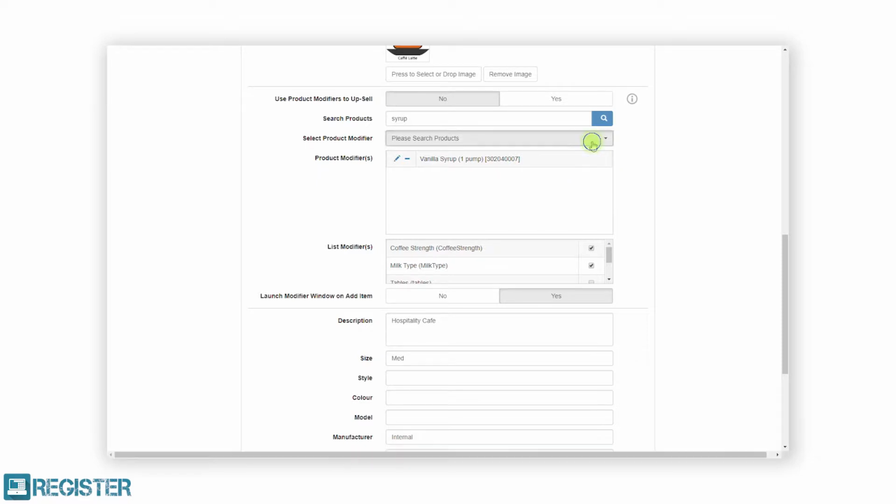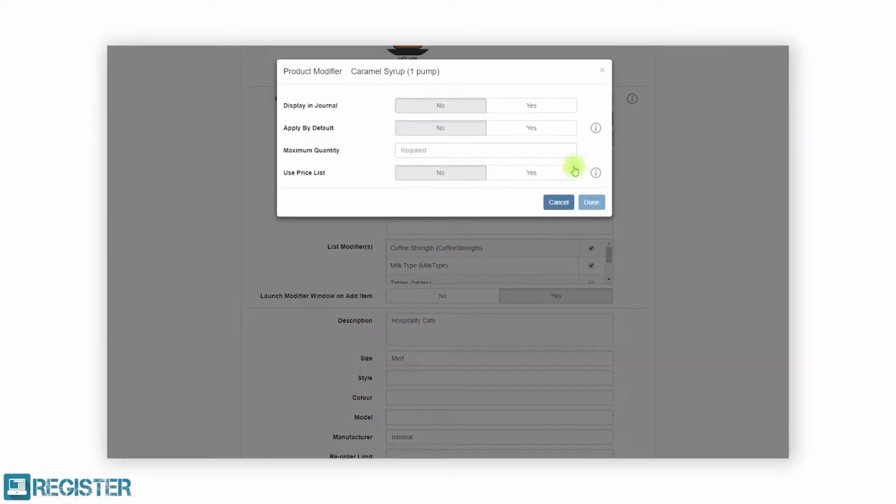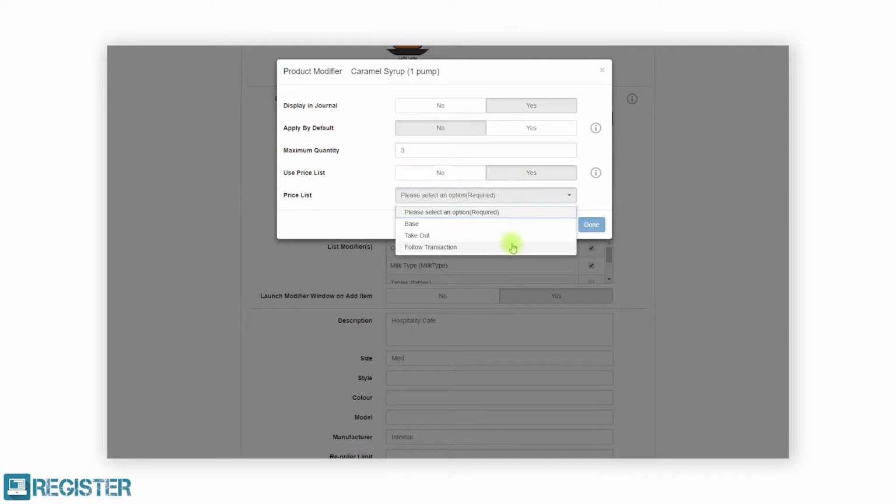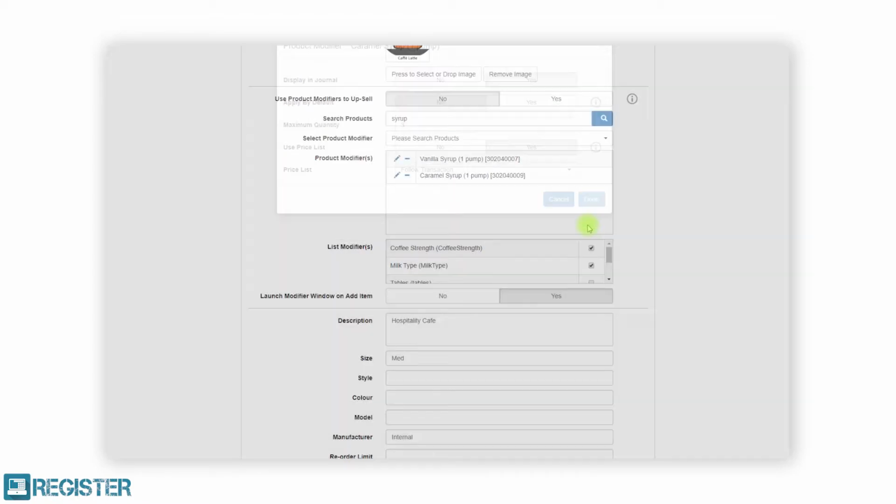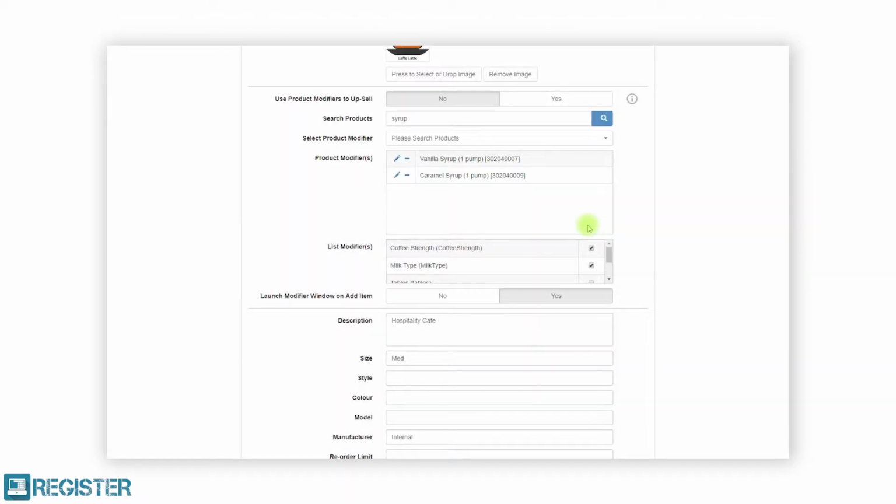We can now repeat this process to add additional product modifiers. You can also edit the existing modifiers using the pen icon and remove a modifier by clicking the minus icon. You can also add list modifiers for changes that do not affect the price or stock by ticking the appropriate lists. Finally, we need to select if the modifier window should be displayed automatically when the product has been added